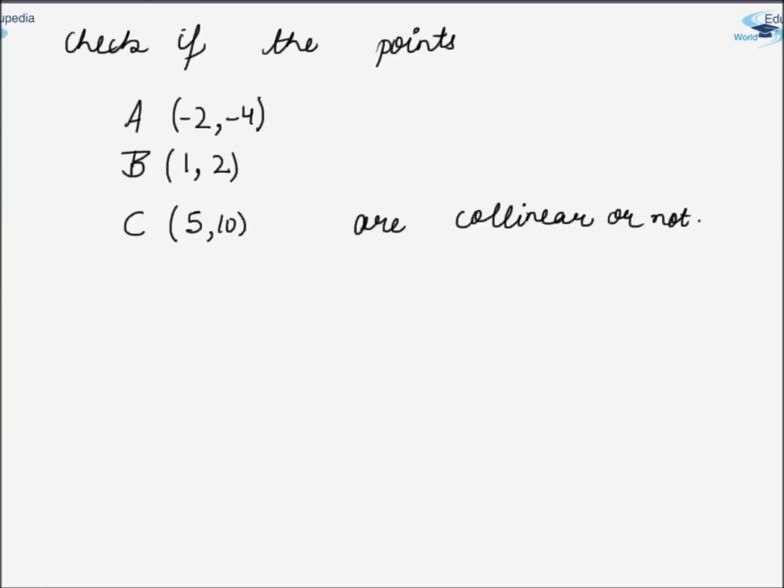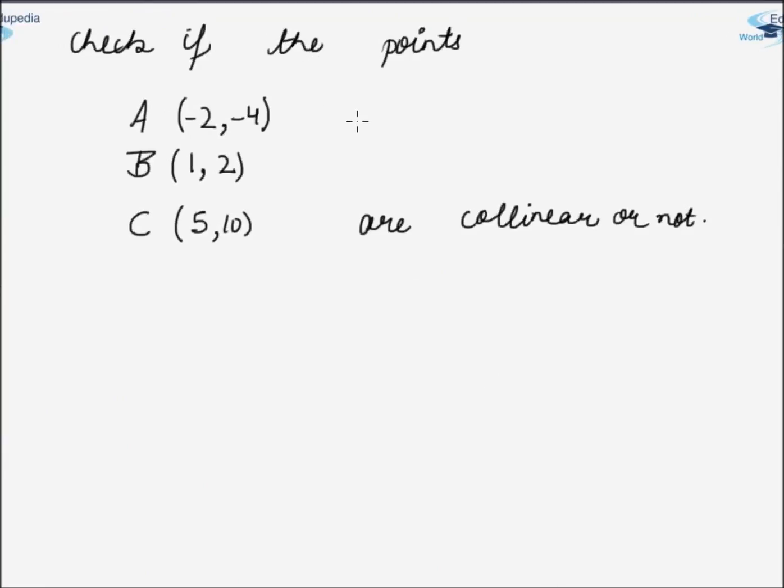Now the other question says, check if the points A, B and C are collinear or not. Friends, if we are given 3 points and they lie on the same line, then they will be collinear. That is, if this line is containing all the 3 points, then they will be collinear. But if the line does not contain all the 3 points,